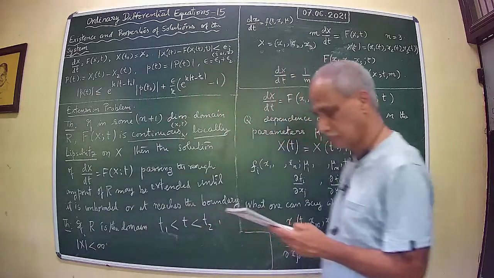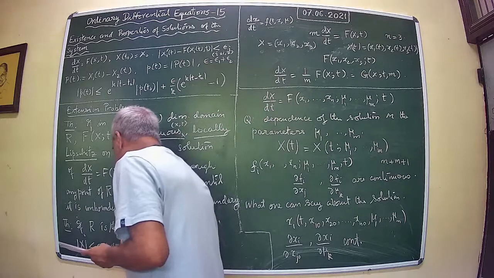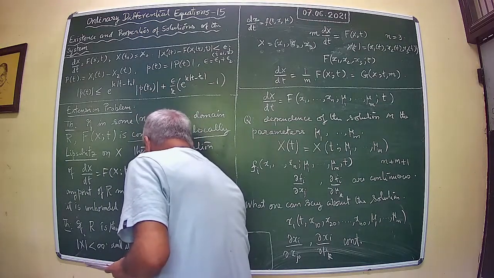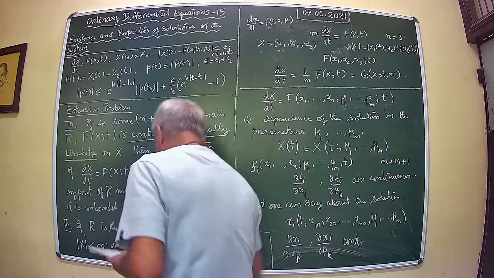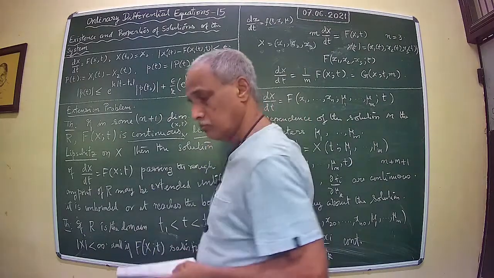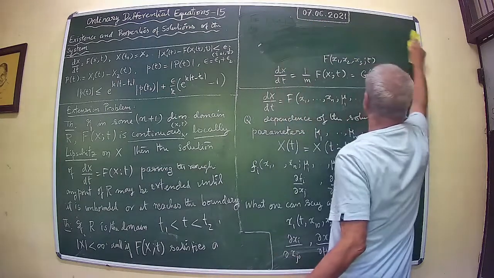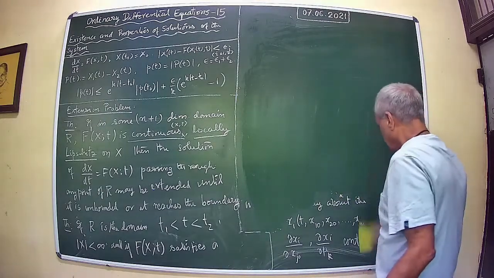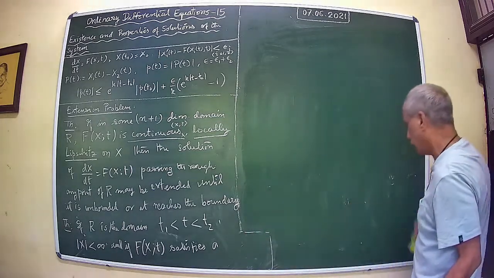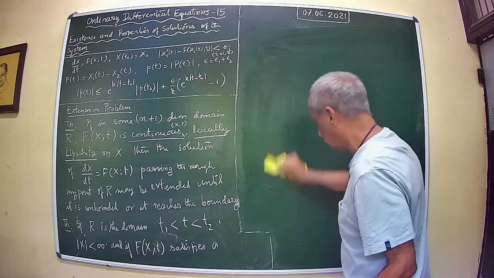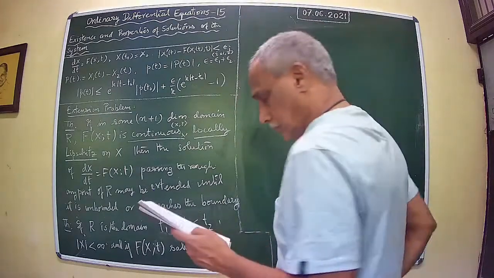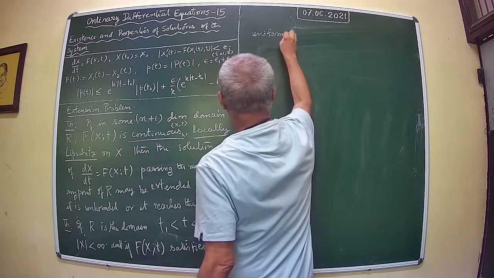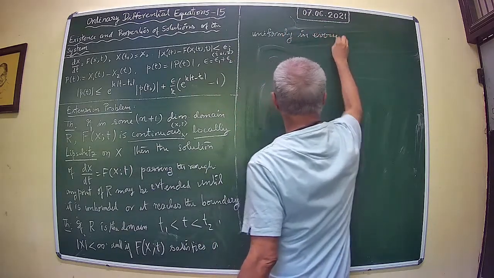This is an unbounded domain, and if capital F of x, t satisfies a Lipschitz condition uniformly in every subdomain